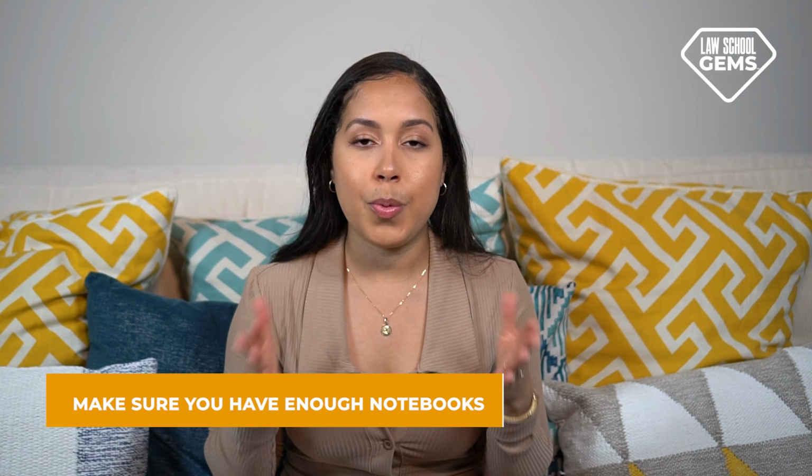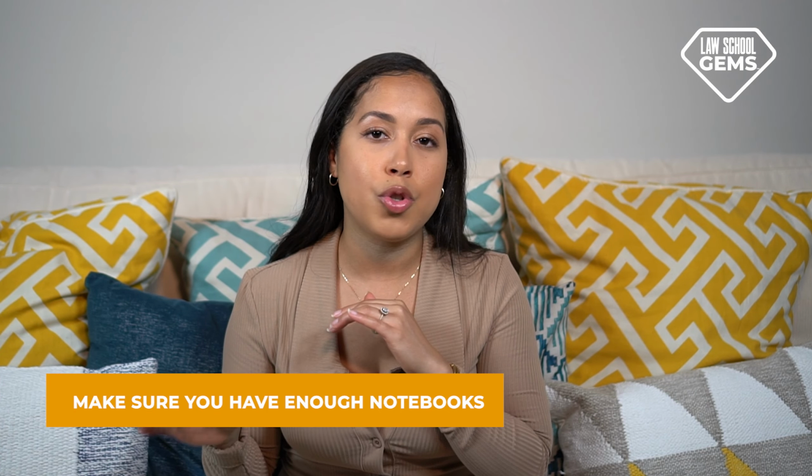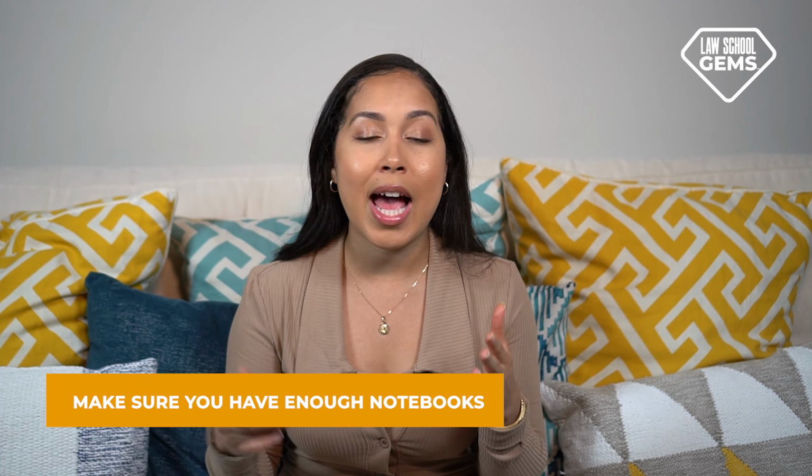You're going to be annotating a lot. You're going to be tabbing things a lot, especially in your books. So make sure that you have some sticky notes as well. Make sure that you have notebooks also. Even if you're someone that's going to take notes on your computer, it never hurts to have a spare notebook